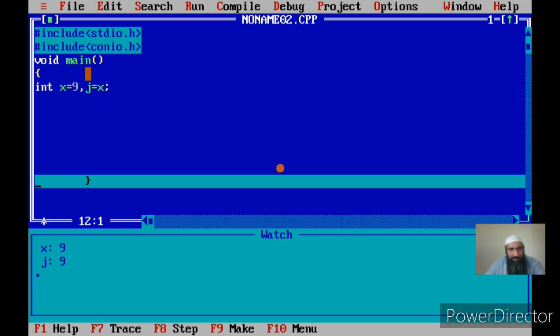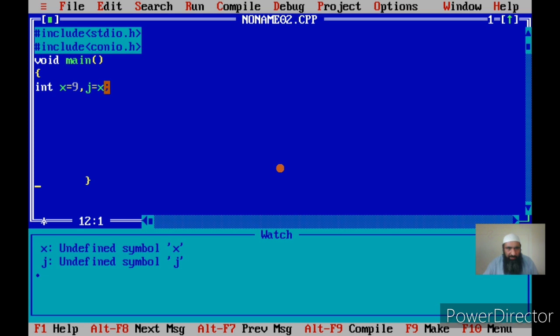The j has been created later, x has been created earlier, because they are created in the order in which they are declared. Now I can say j equal to x because x has already been created. I cannot say x is equal to j here. Why? Because j will be created later on. Let us see if this method works first. It worked. Now let us see the other way around.